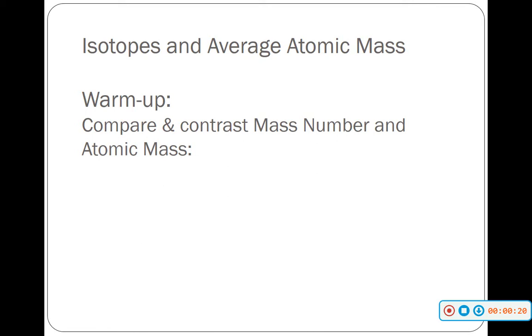So mass number is what we've been calculating all week as well as last week. Just take a second to think and reflect: what is mass number? And then think about atomic mass. I've been telling you guys not to use atomic mass. It's the mass that's on your periodic table. So take a few minutes to think about the differences and the similarities